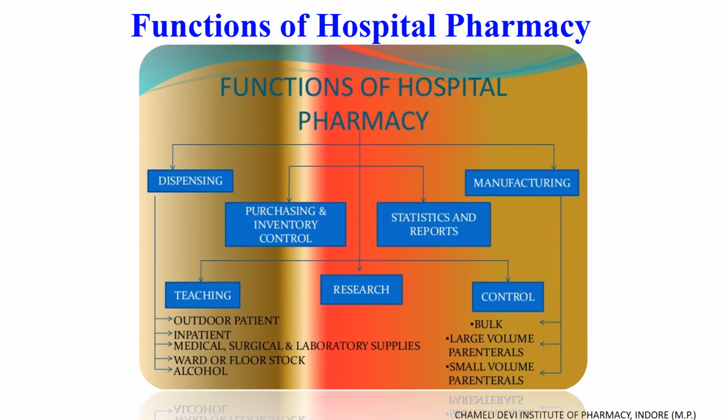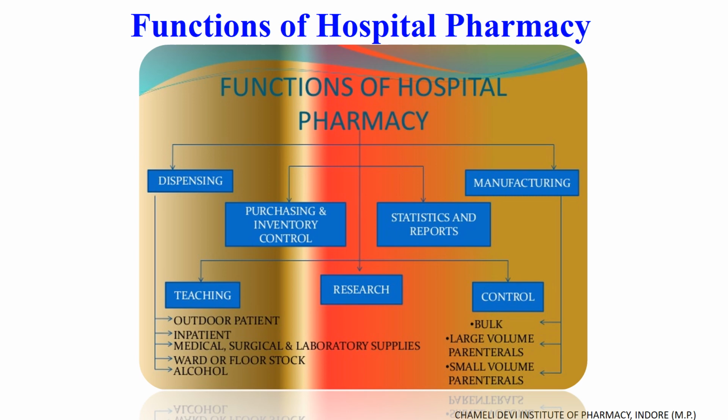Now, functions of hospital pharmacy. Hospital pharmacy has various kinds of functions. They can forecast demand, select reliable suppliers, prescribe specifications of the required medicaments, manufacture various kinds of sterile and non-sterile preparations, maintain manufacturing records, do quality control of purchased or manufactured products, and distribute medicaments in the wards,